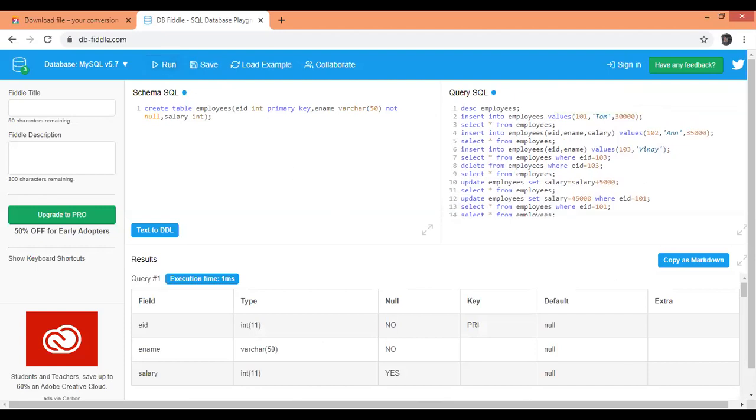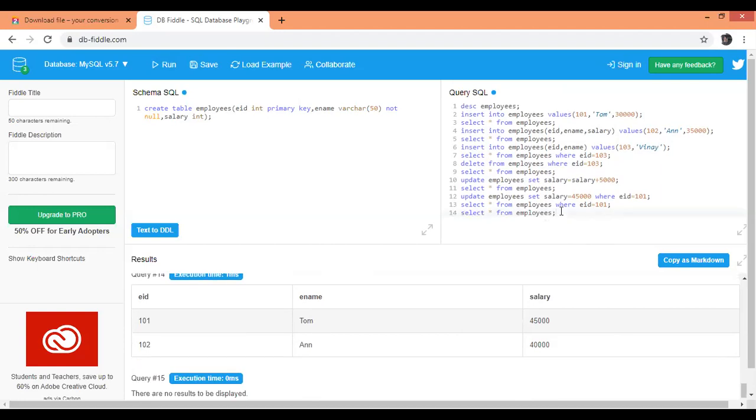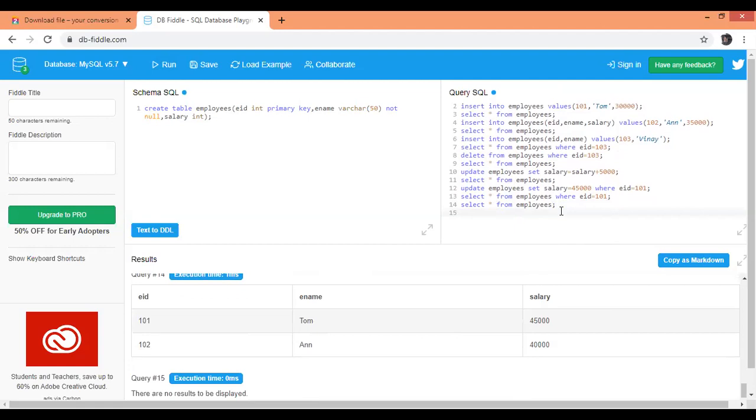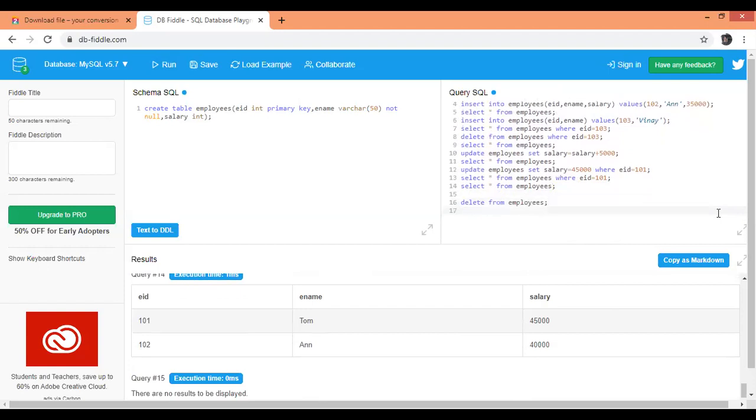Okay, query successful. Obviously nothing to display. Then select star.